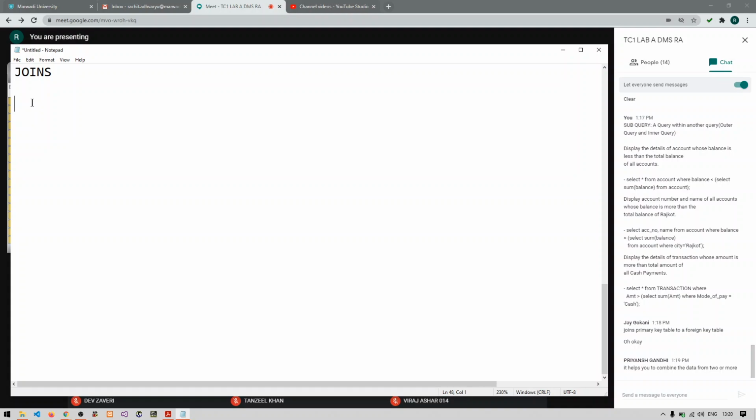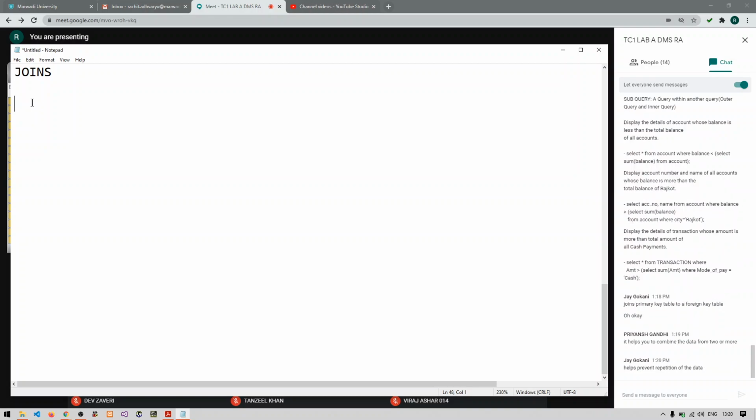So joins means we are combining 2 tables, and after combining we are trying to remove all the unwanted or irrelevant data from the combination, right? Yes, it helps to prevent the repetition of data. That is right. So a join joins each and every row of one table with each and every row of the other table. That is what join does. And wherever there is a data mismatch, it will just discard that particular data.